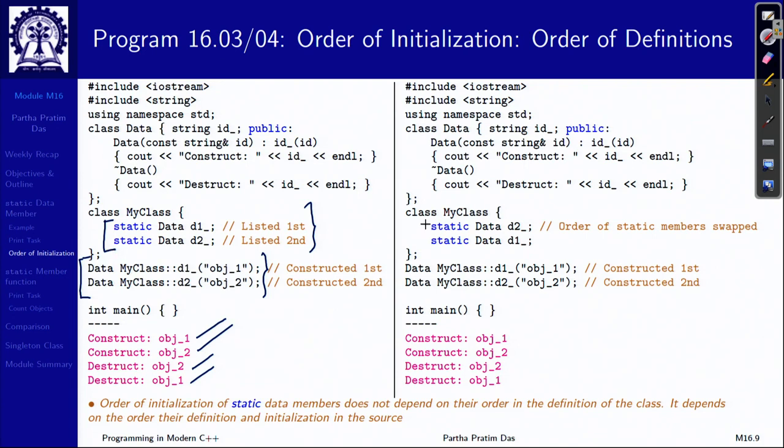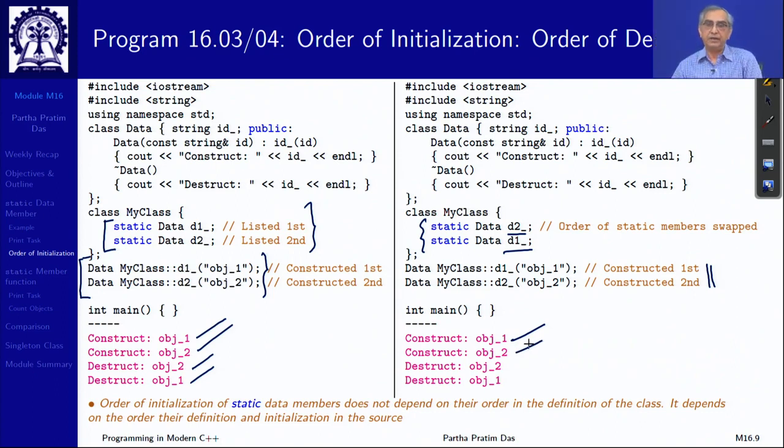To check that, I just swap these two in the class and do not change this. As I swap, I find that the order of construction has not changed, and so the order of destruction. So, I conclude that it does not matter in which order I list them within the class, but it is the order in which I initialize them in the static area in the source file that decides the order in which they will be initialized, which is different from what we saw for the non-static data member case,